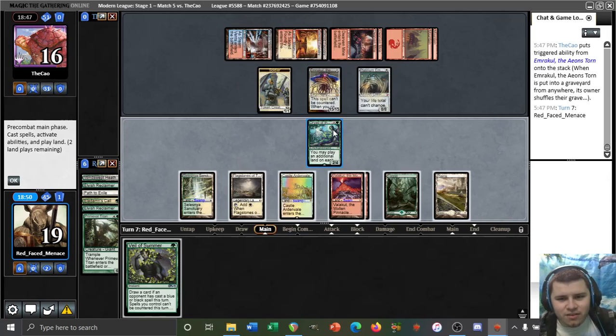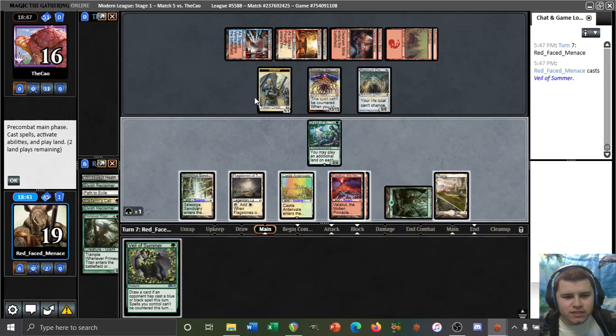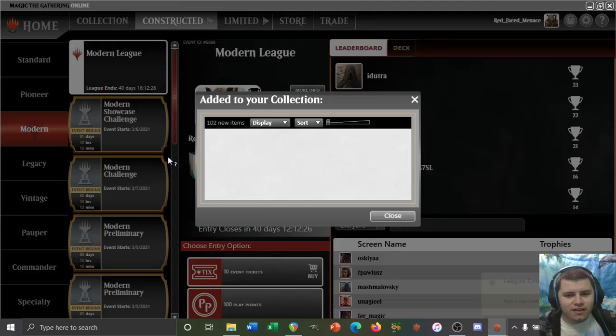How many things do we have to... Are we just dead? We sacrifice 6? 1, 2... Nah, there's no way. We just lose the game because of this Veil of Summer. Let's show our opponent what is up, and concede the game. On top, we had...